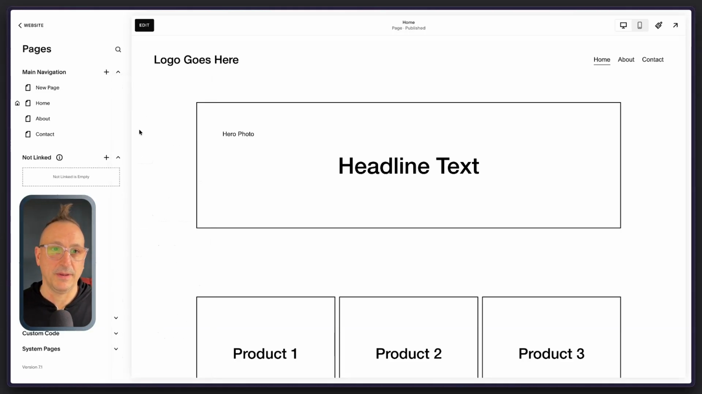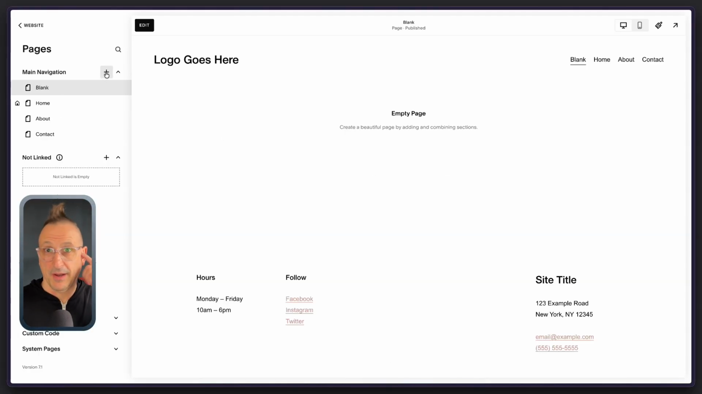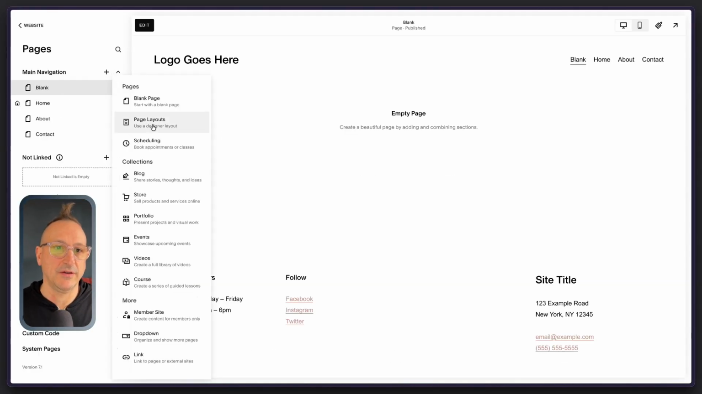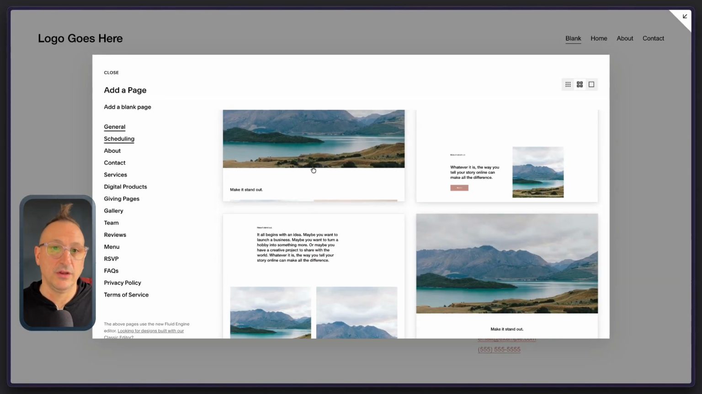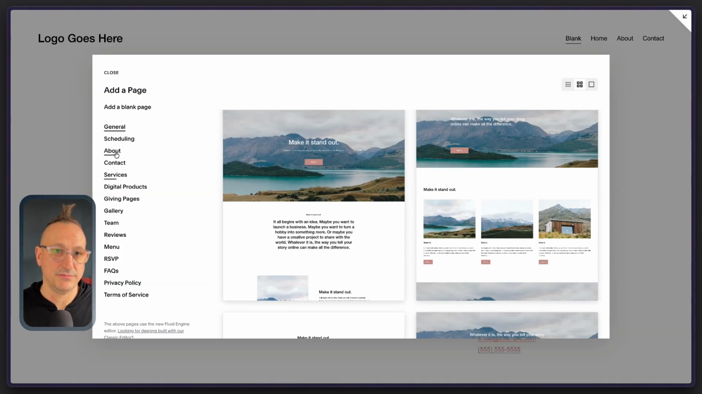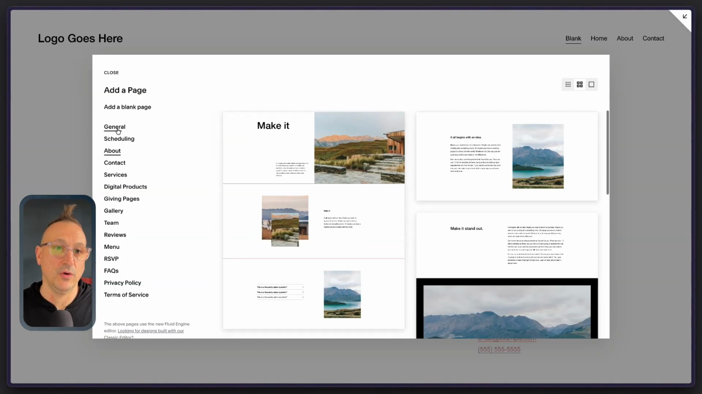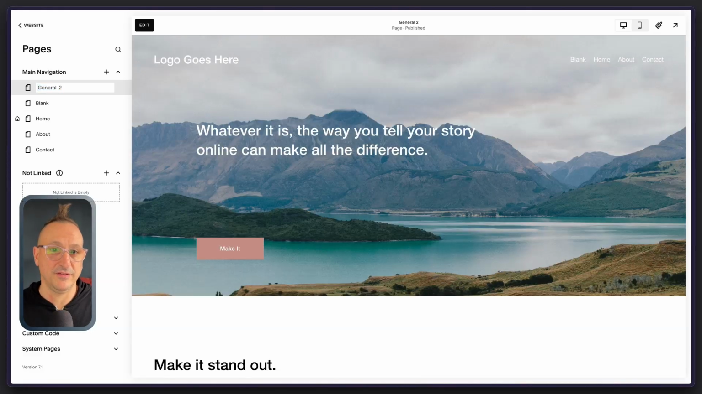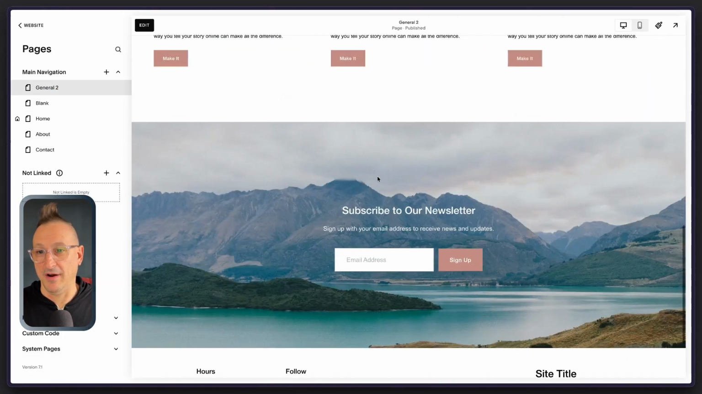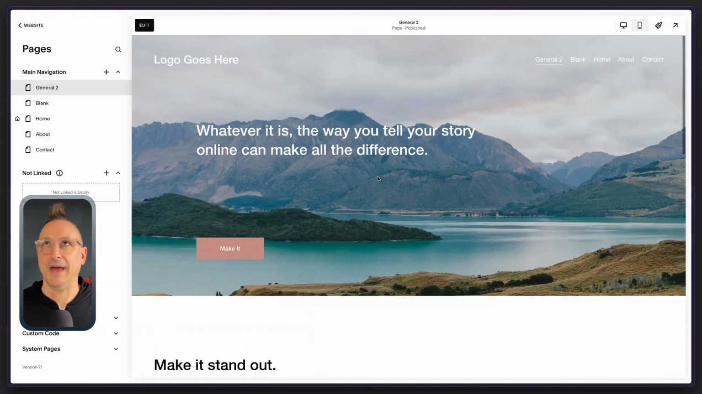So I'm going to pick blank page here. You may not be able to pick a blank page. You may not be a circle member, and what you'll see here is page layouts, and you're going to get this modal right here. You can pick any general page for this new home page that we're going to wireframe here. I'll pick this one. As you can see, it just says general 2,